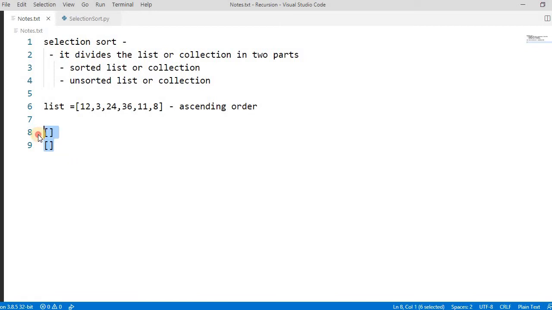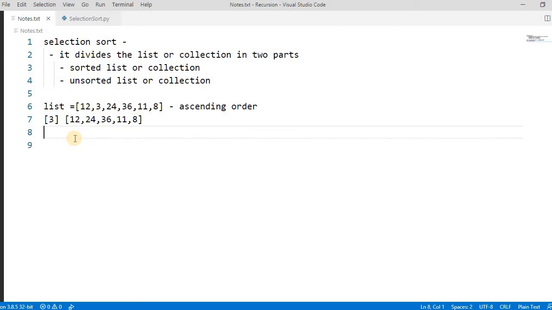The first time, because we want ascending order, it will find the minimum. So the sorted part becomes 3, and the remaining unsorted order is 12, 24, 36, 11, and then 8, right?